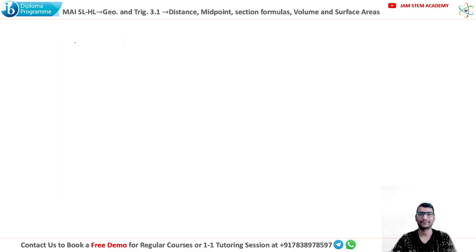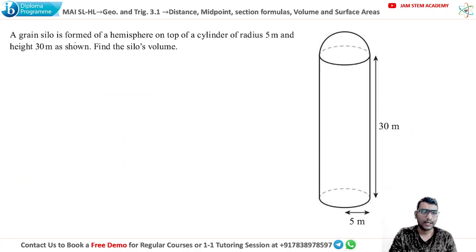Okay, that's it. Now consider this problem. It says a grain silo is formed of a hemisphere on the top of a cylinder of radius 5 meter and height of 30 meter as shown here. Height of the cylindrical part is given, okay, which is 30. It's not the height of the total silo. Okay. Now it says here height is 30 and the radius is 5. So that is also the radius of spherical part,